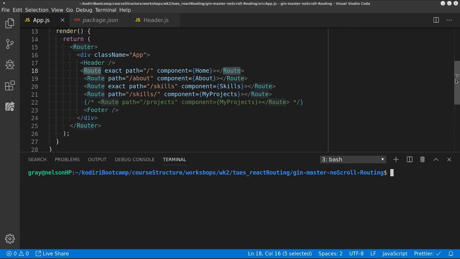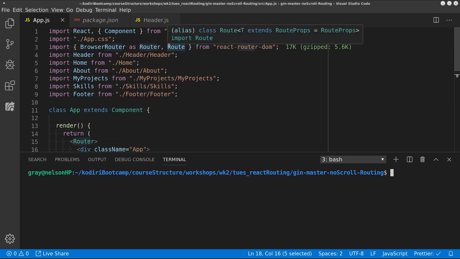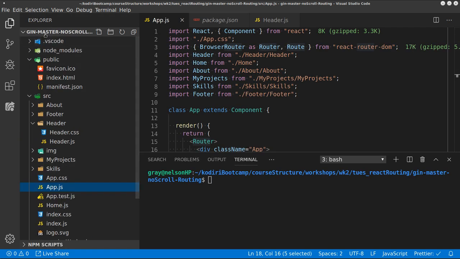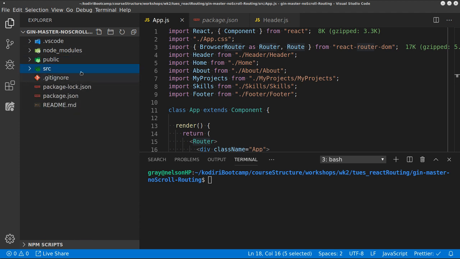So make sure you're in your project. If you're in CodeFlix, make sure you have your CodeFlix folder open. However, I was in this lady's portfolio website, so I made sure that I was at the root of that project. It should look very similar to your Create React App: you've got your source, you've got your package.json. Once you're at the root of any React project, you just type npm install. I don't know why it's looking weird. Let me just clear it. npm install, and then it's React